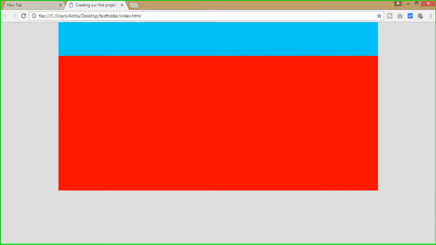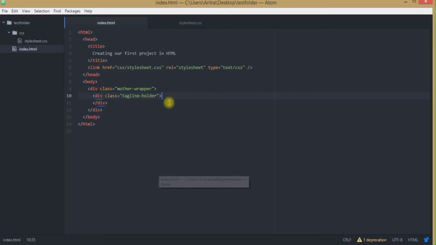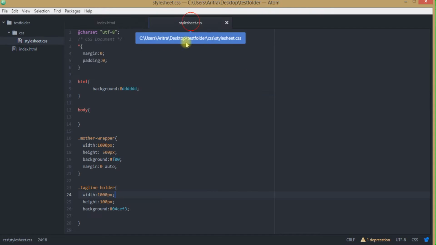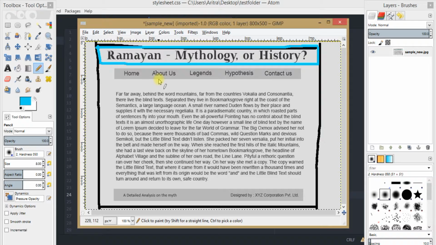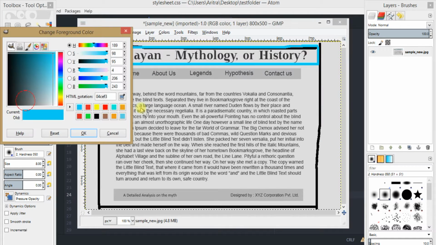Now the third thing is, all we need to do is create the third wrapper over here, which is the menu holder. Now just change this color into a different one, suppose this one, press OK.